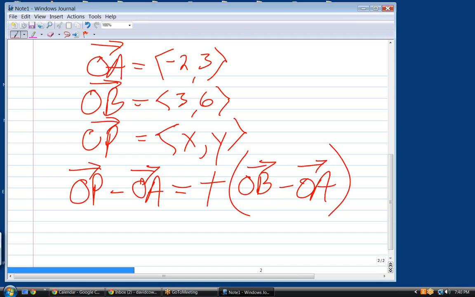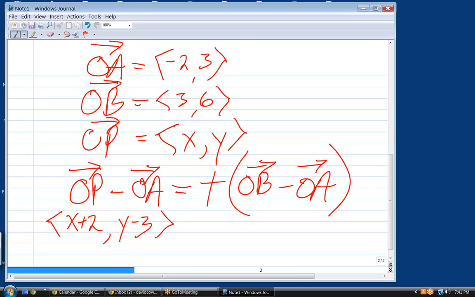And the OP vector is x plus 2, in other words, this becomes x plus 2, y minus 3 is what OP minus OA is,